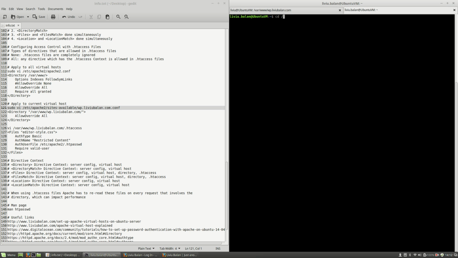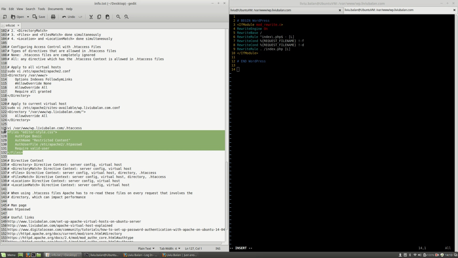Use cd /var/www/wp.livebolan.com, and here I will edit the htaccess file using vi. Hit the enter key. As you can see, this is the htaccess dynamic generated file by WordPress,